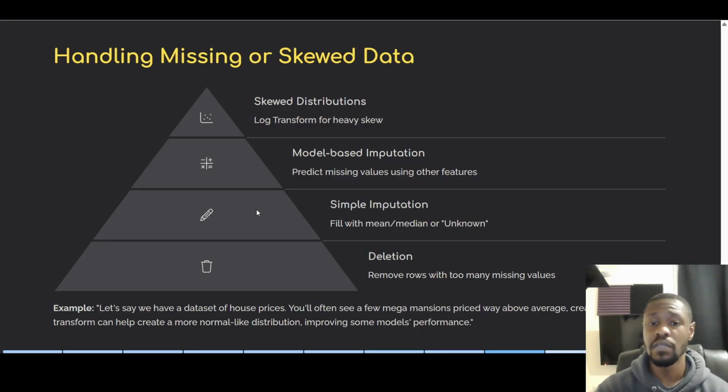We can fill in this missing value using mean, median, or simply labeling it as unknown, if that is feasible for the data set. To give an example, let's say we had a list of transactions, and one of the fields, let's say the career field, was missing. Actually, no, scrap that. Better example. Let's say we want to know what type of music people listen to, and